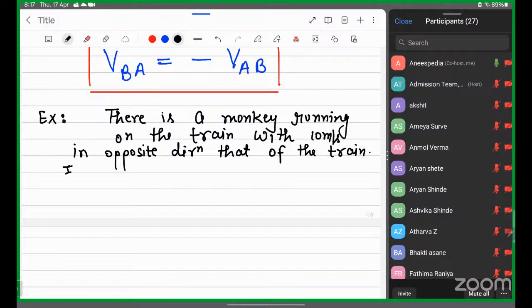If the speed of the train is 20 meter per second, find